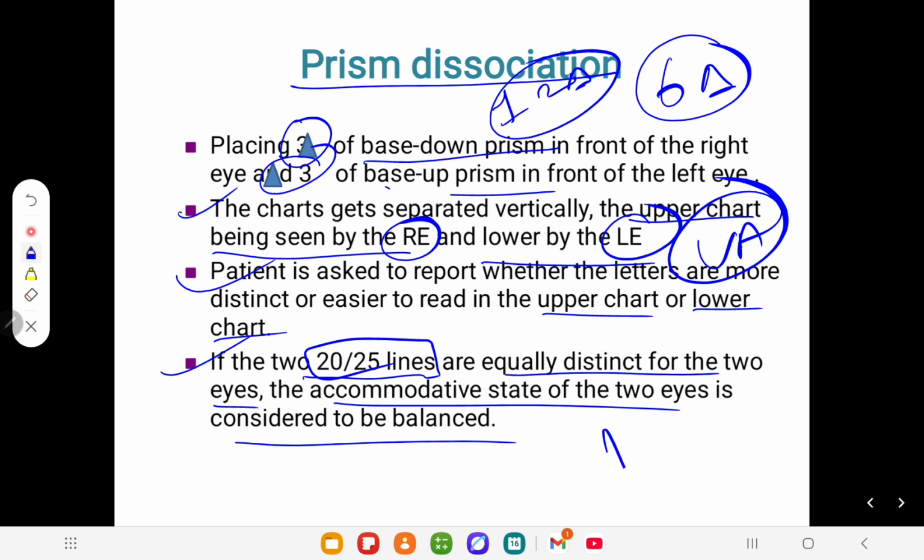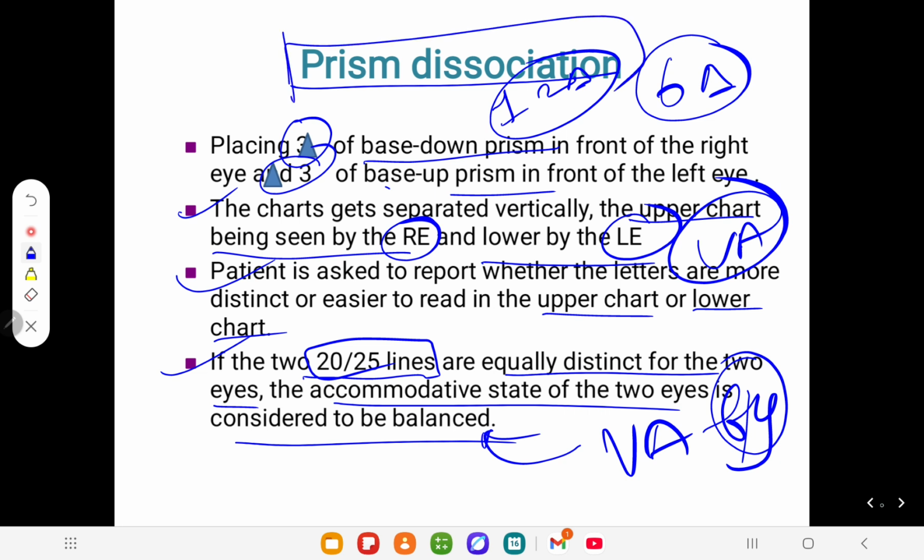So our reference is the visual acuity 6-9 line, and if the 6-9 line is equally distinct from the two eyes, then we consider there is a chance of balancing between the two eyes. So that's the rough point using visual acuity and prism dissociation. But